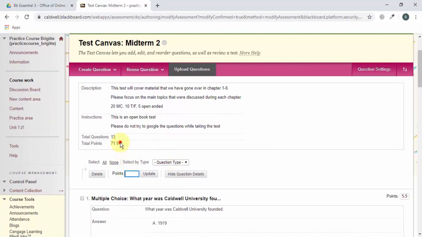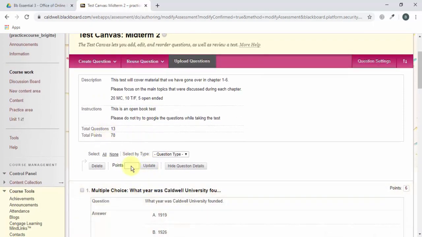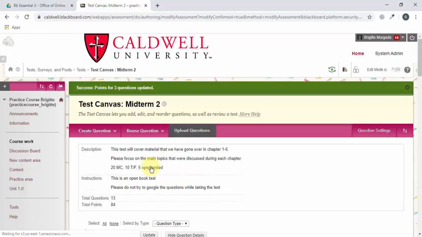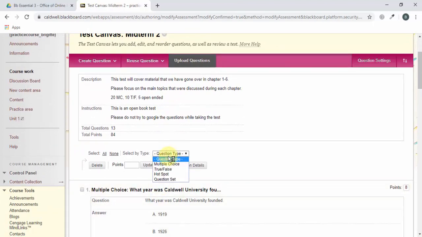So you can just play around, and right now their total would be 100 and their total would be 71 right now. So I'm going to do 6. Select all. You could just play around with that until you're able to, or you could click by question type. If I want just my multiple choices to be worth 8, and then I want my hotspot to be worth 10,